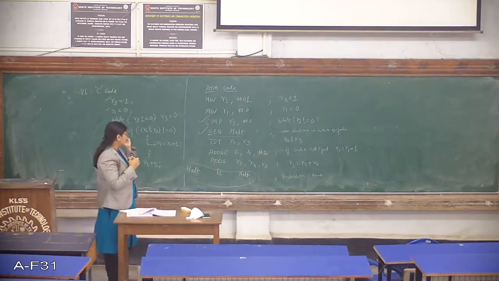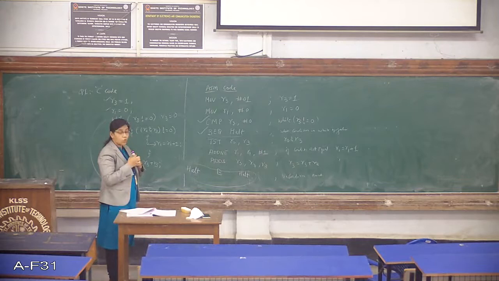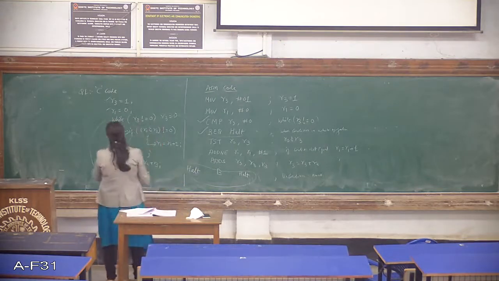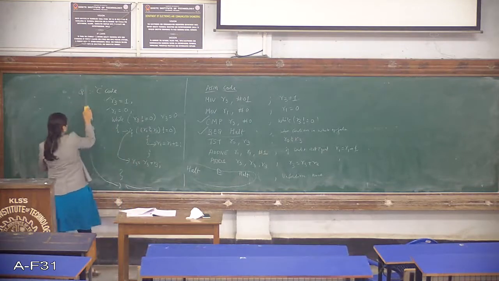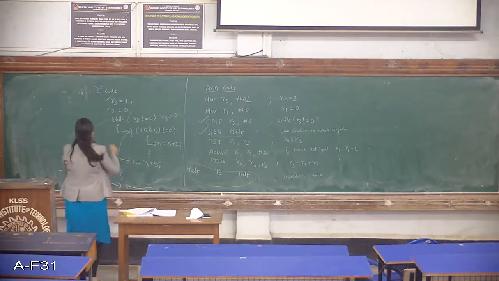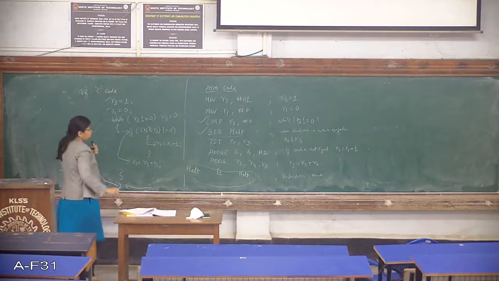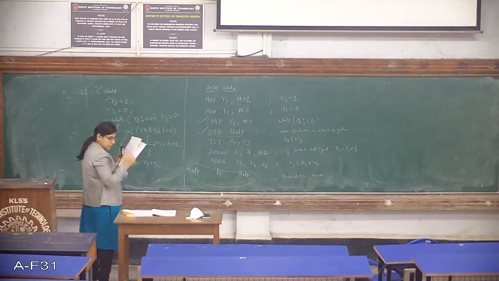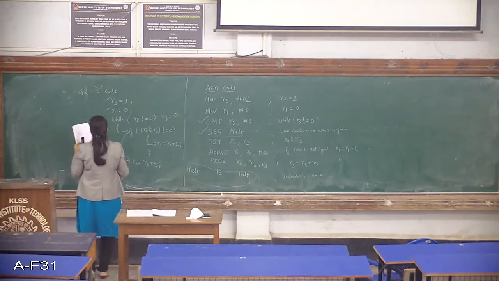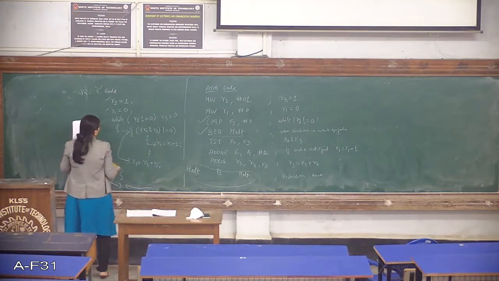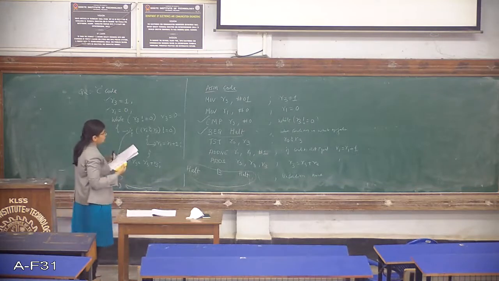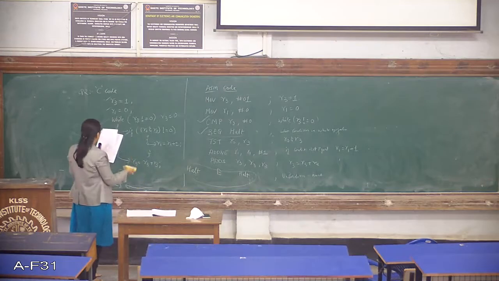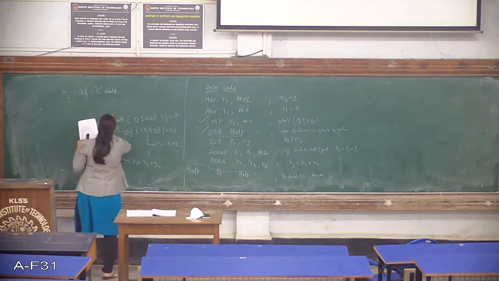Okay, so this is regarding the first C code which has been given in the document. So let me go for the second C code program here. In the second C code, it is similar to the first one. So if all of you have understood the first code, how it has been compiled and converted to assembly, you can also do the second. So I'll just write down the second code here.